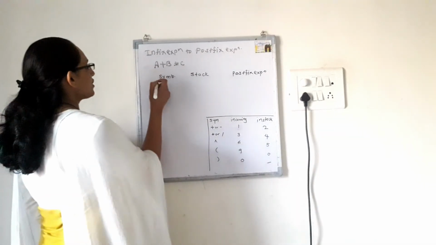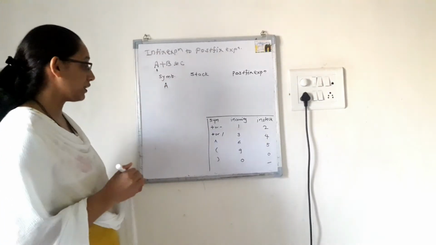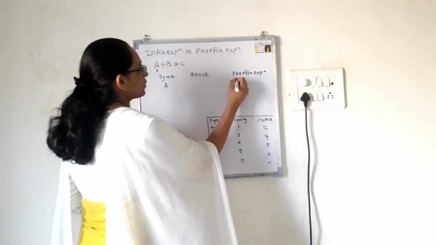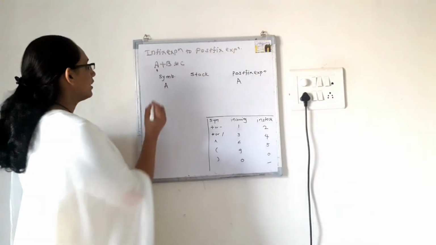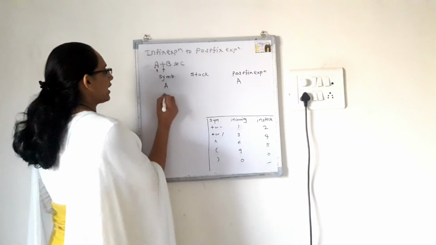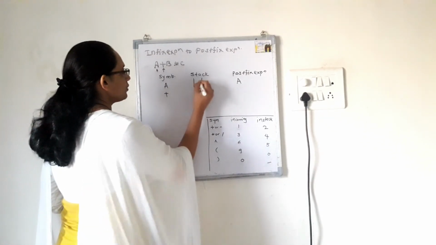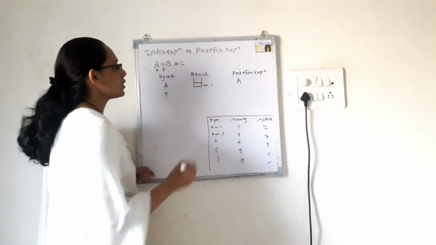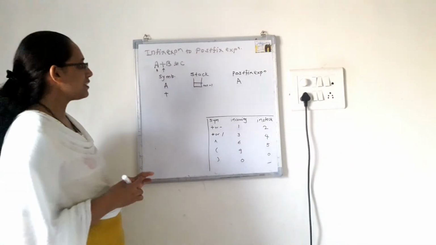So the first symbol we read is A. Check whether A is an operator or an operand. A is an operand, so we put it into the postfix expression. Then read the next symbol, which is plus. When reading the symbol A, the stack is empty, so top is pointing to -1, that is, there is no element in the stack.